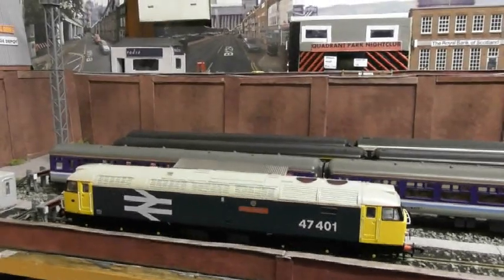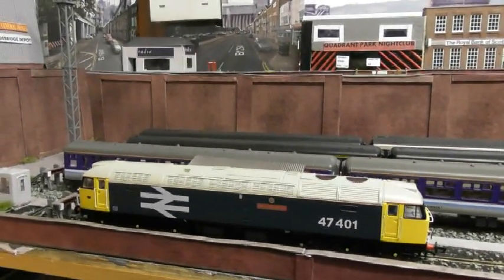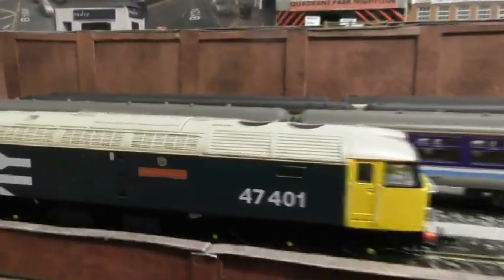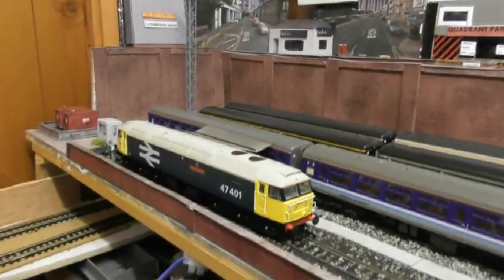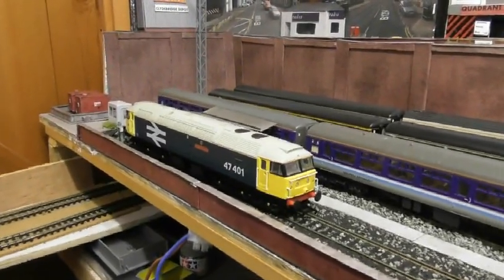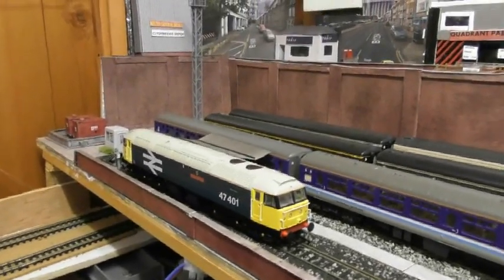She's portrayed here in her preserved condition, and indeed her condition from 1986 to 1988, when she lost the name North Eastern, which you can just see in there with the North Eastern Railway crest. Built new, as I say, as D1500 in 1962. She was one of the first 20 pre-production batch of Class 47s, and in fact